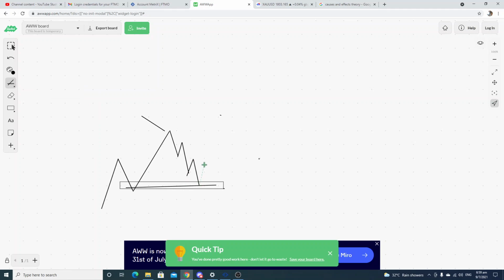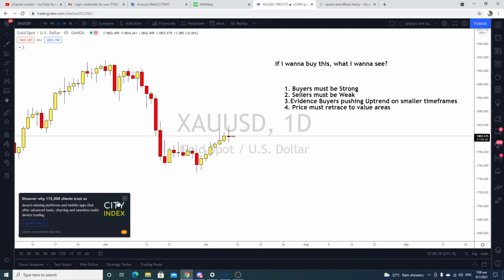And if price rejects, in this case nothing. But once that has happened, the next thing is breakout confirmation, whether you see it in the 4 hour or the smaller time frames, and price retests. This is where you take your buy. You have strength on your side, you have momentum on your side, you have buyers pushing the price up. That is where you take a buy. This is your value area for you to take a buy. Stop loss below here.